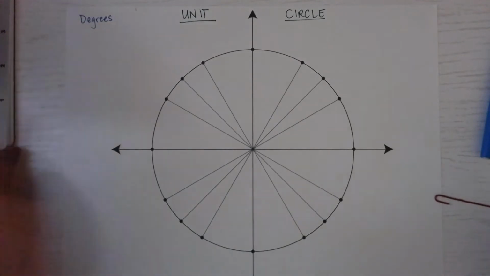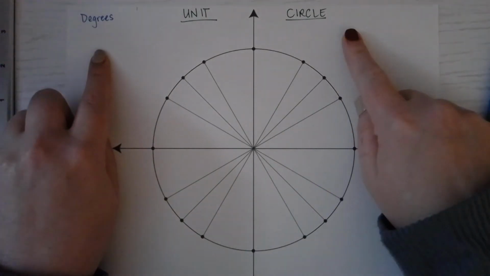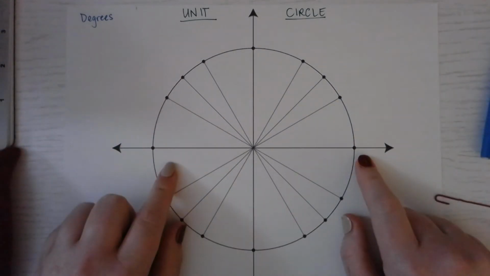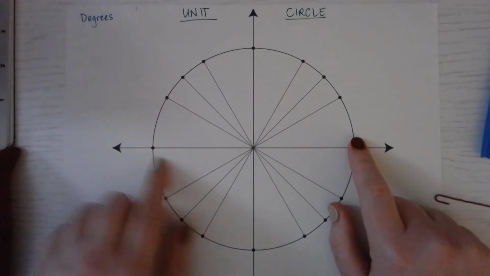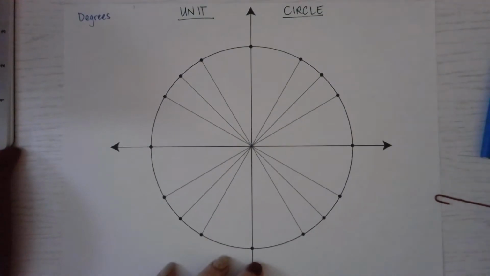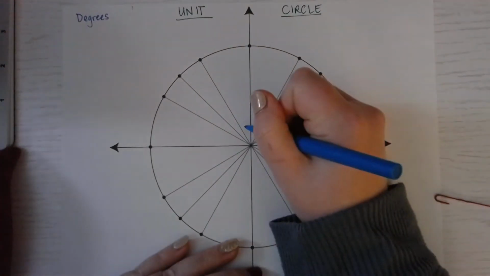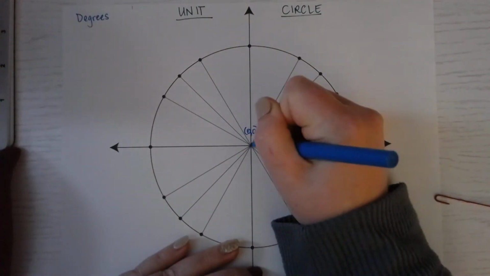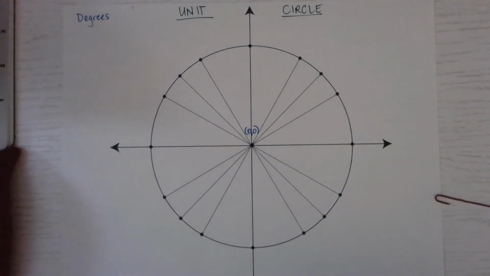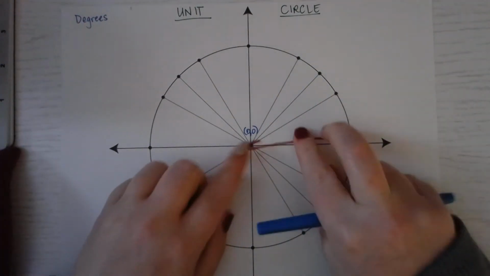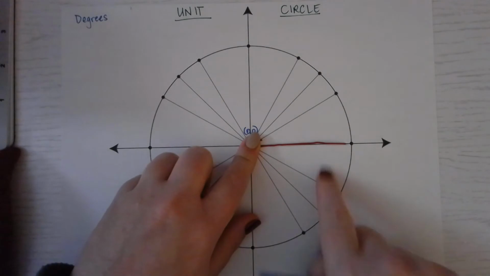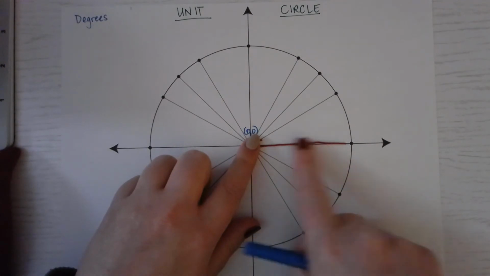This is the video for how to do the degrees on a unit circle. So a unit circle is a circle with a radius of 1 and centered at the origin. So I'm going to go ahead and label 0, 0 right here in the center. Now when we talk about the degrees, we talk about having our center at the origin and then taking our